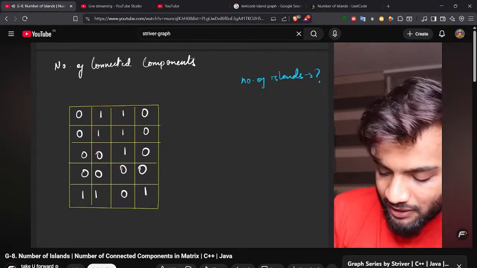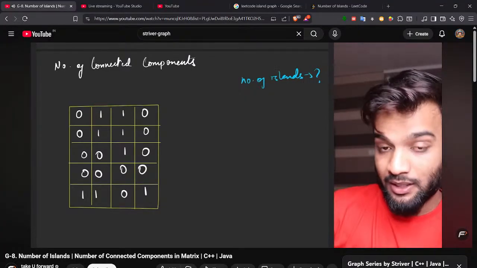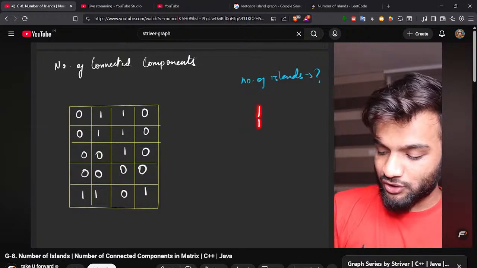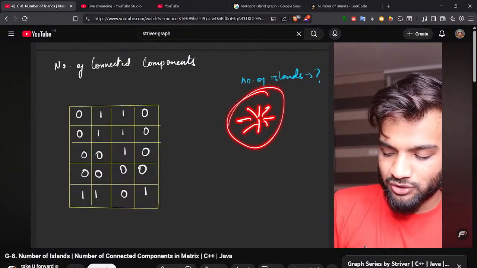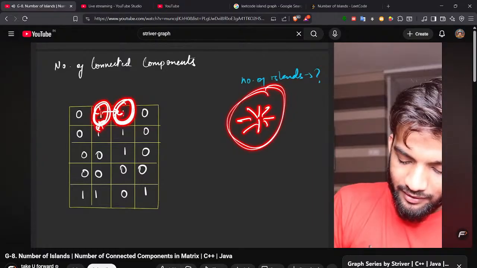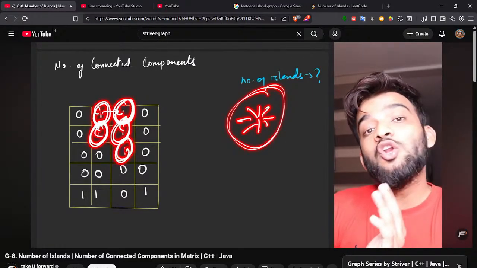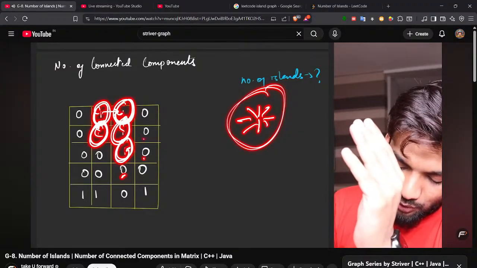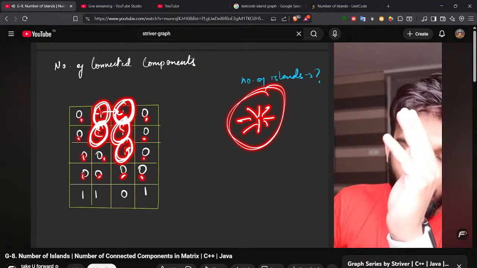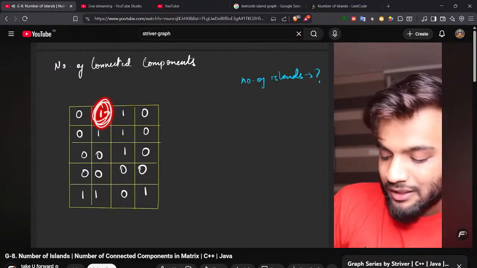So if I start from a particular one and I do a certain level of traversal, assuming that the connections are in all the 8 directions, then this one will go and traverse this. This one might go and traverse this. They cannot go beyond this because there are 0s all over. So if you do a traversal starting from this one, this will go